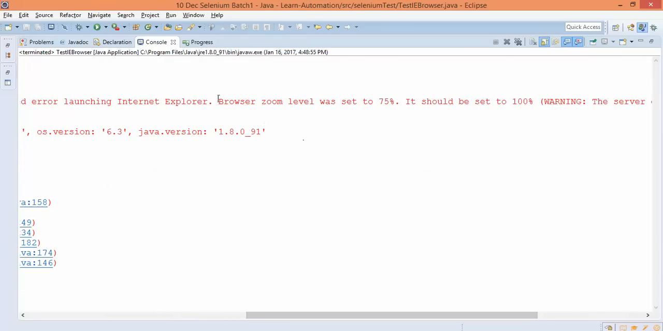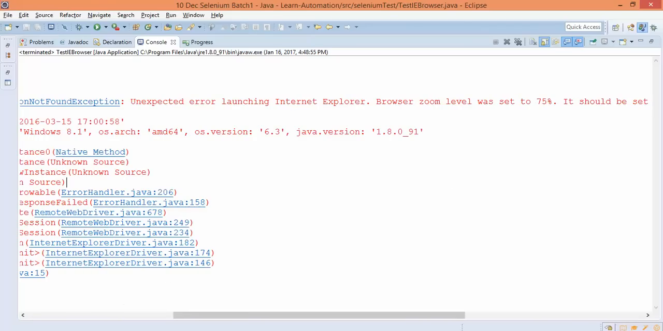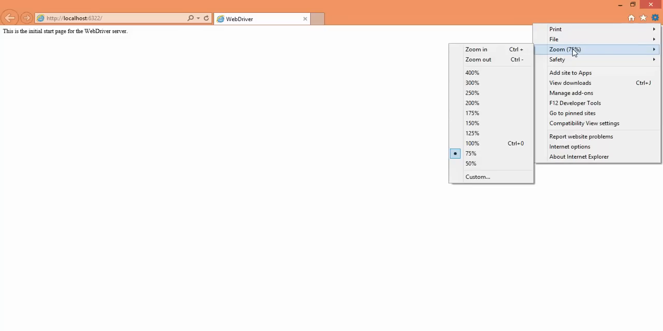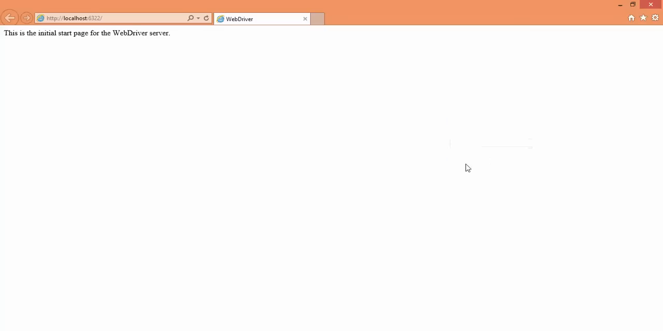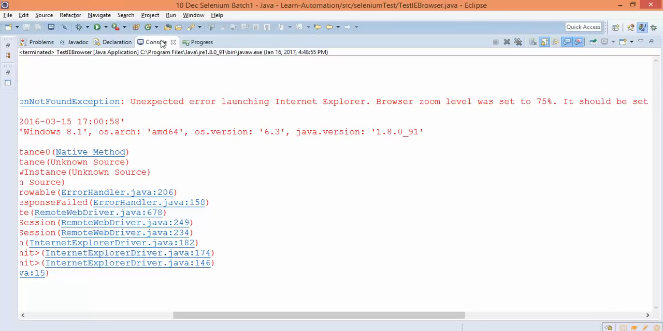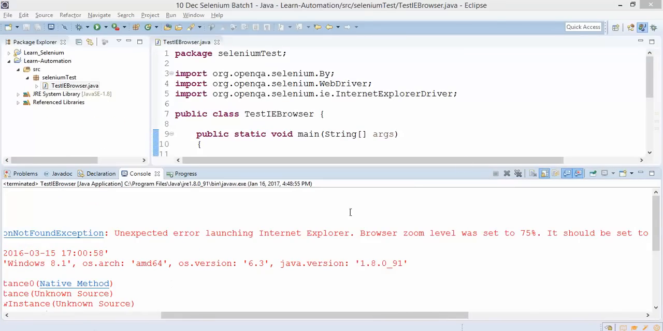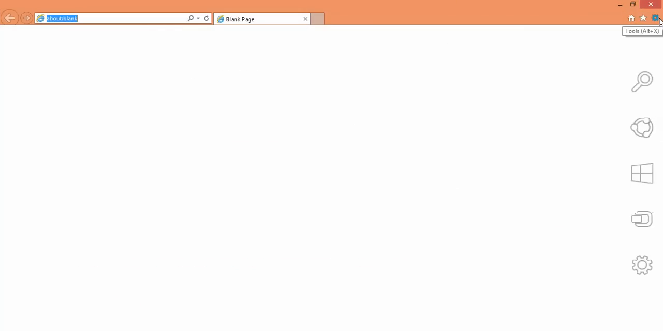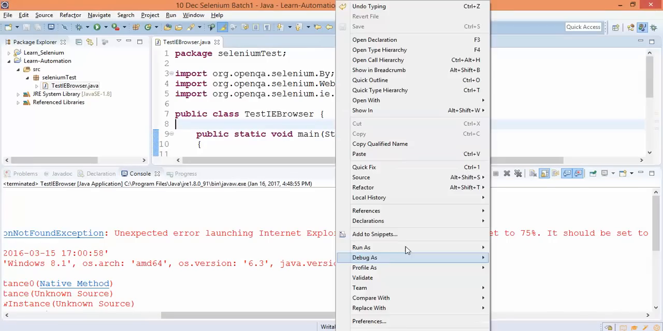So they will give you clear information. Your current browser zooming level set to 75%. It should be set to 100%. No problem. So again start your iBrowser. If you see here, currently the zooming level set to 75%. You can make it 100%. Close the browser and just cross verify whether it has updated or not. Yes, right now all the settings are correct. Zooming level is correct. Now if I run the script,